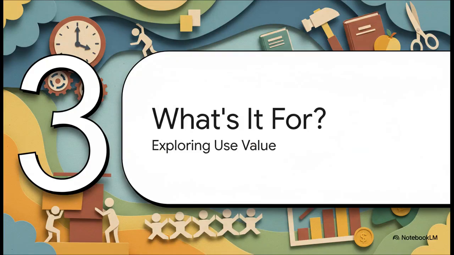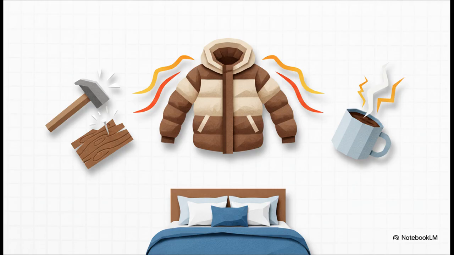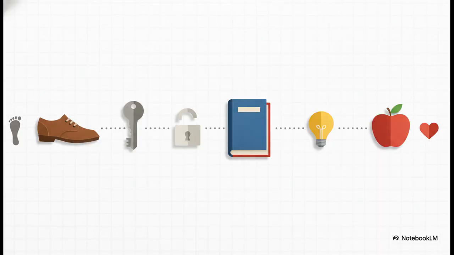All right, let's tackle that first face, the one that's a bit more obvious, use value. This is all about the physical, tangible reality of the thing itself. Use value is all about the physical stuff, right? It's the actual properties of the commodity. A coat is made of wool or whatever, and that gives it warmth. A hammer is hard and heavy, so it can drive a nail. Coffee has caffeine, gives you a boost. It's the concrete material stuff that makes us want it in the first place. So at the end of the day, use value is just about what a commodity does. It's its function. Why do we even want it? Because of what we can do with it. Pretty straightforward, right? Well, hold on.